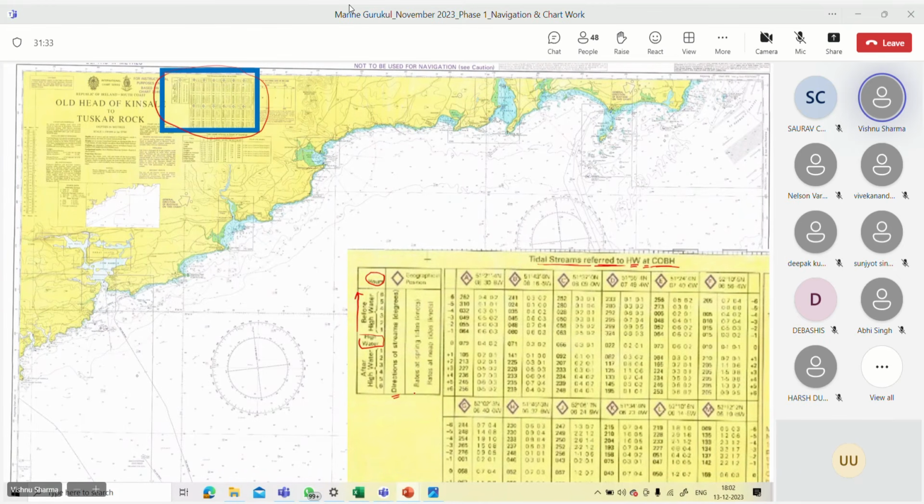Second will be the rate when it is spring tide, and the other one will be the rate in knots when it is neap tide. And these are the observations done at the locations marked with these diamonds, and locations are marked with A, Alpha, Bravo, Charlie written in the diamond. Okay, that means the information in this column is for the station A, whose coordinates, latitude and longitude